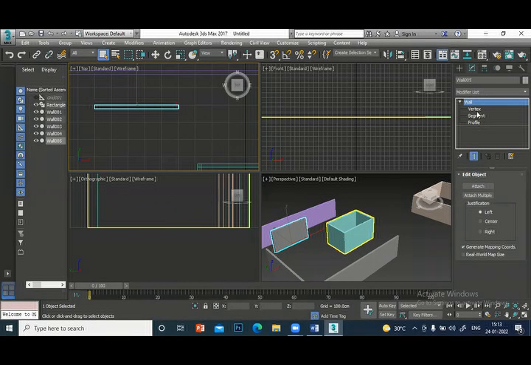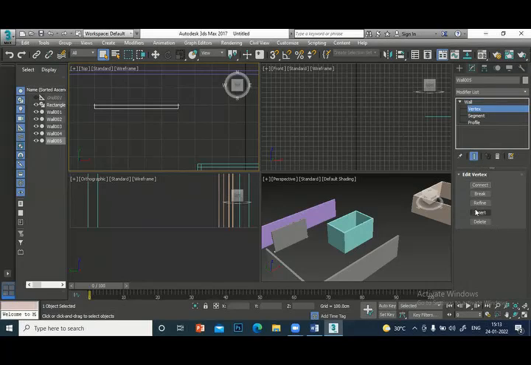We can go to vertex and click insert here, and I can insert a vertex here. You can see, you can modify the wall. So how will you do that? Select the vertex here, select insert and click the point, and from there you can adjust. So you can use this vertex to change the orientation of the wall also.